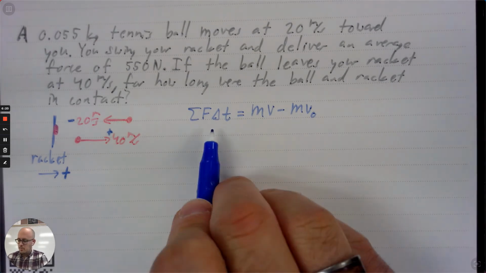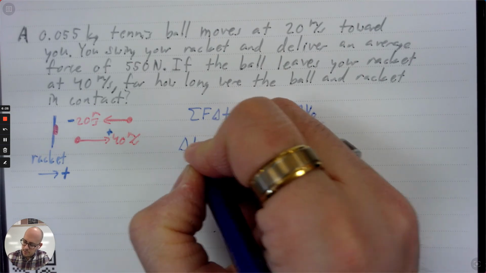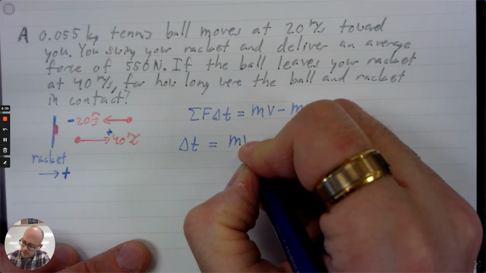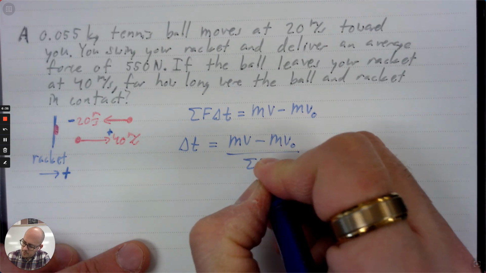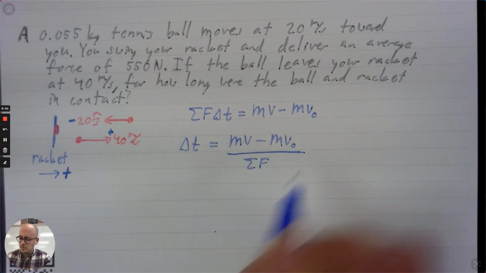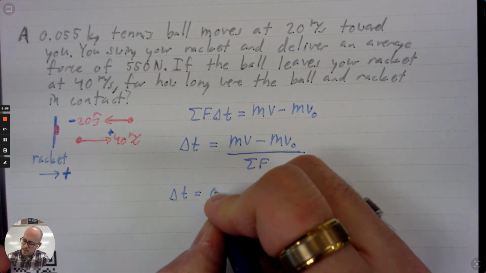So the question is how much time the ball and racket are in contact. That is actually equal to the amount of time that the force spends acting on the ball. So we have the change in momentum divided by the net force. We are going to say that the net force is 550. It's not exactly 550, but it's so close, like the force of gravity is so small, air resistance is so small that the force really is almost exactly 550 newtons, so we're going to use it like that. So this means that the time it spends is the mass times